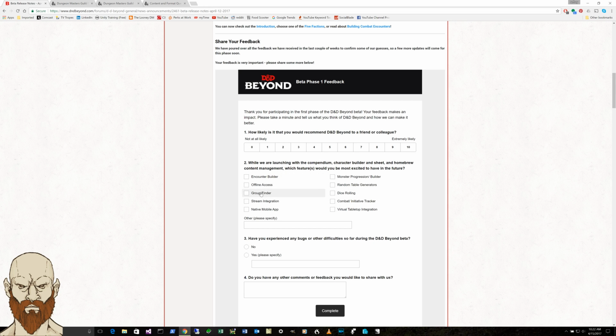So they've got a group finder. Okay, that's interesting. Native mobile app. All right, that's there. But we have virtual tabletop integration. Now, if I take the combat initiative tracker and the random monster generator and the monster progression builder,